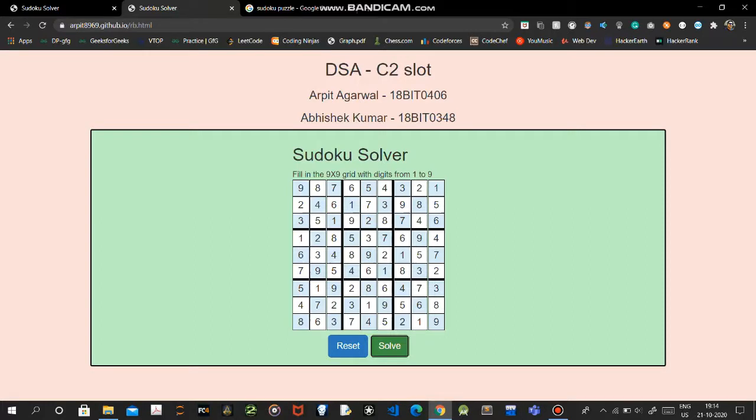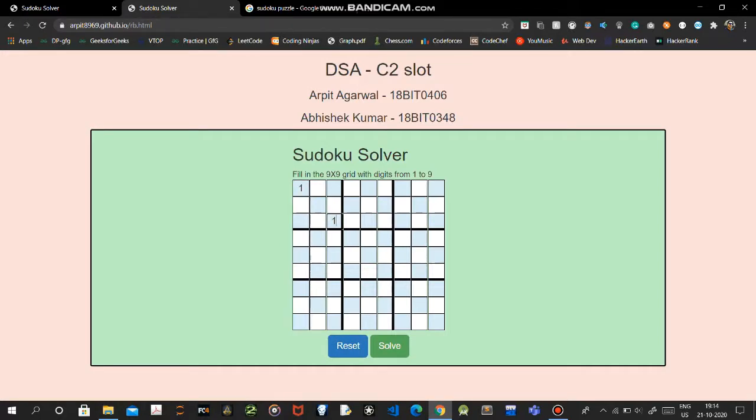So here we can see the Sudoku puzzle is solved. In each row and each column there are no same values, and even in each 3 by 3 box there are no repeated values, and hence the Sudoku puzzle is solved. So now if we give an invalid Sudoku puzzle, let's try it.